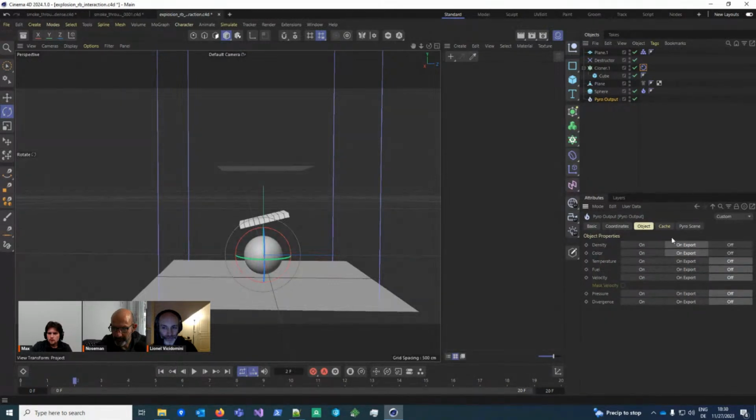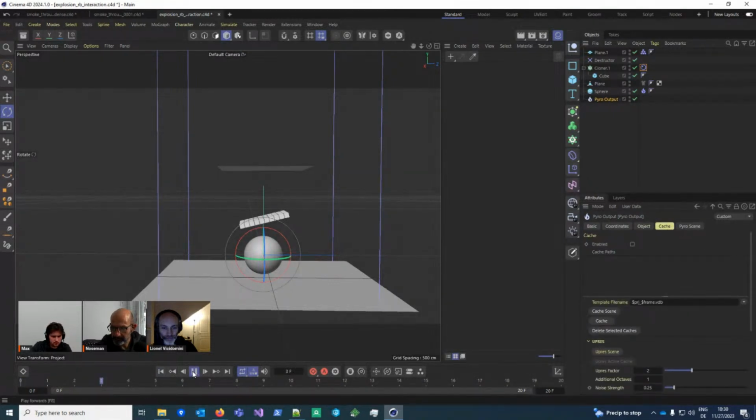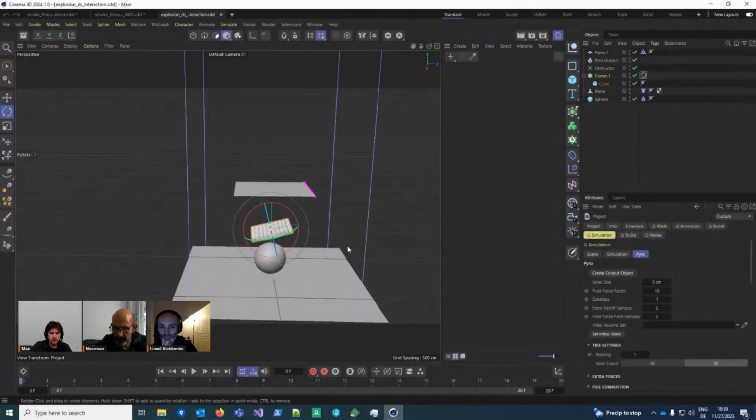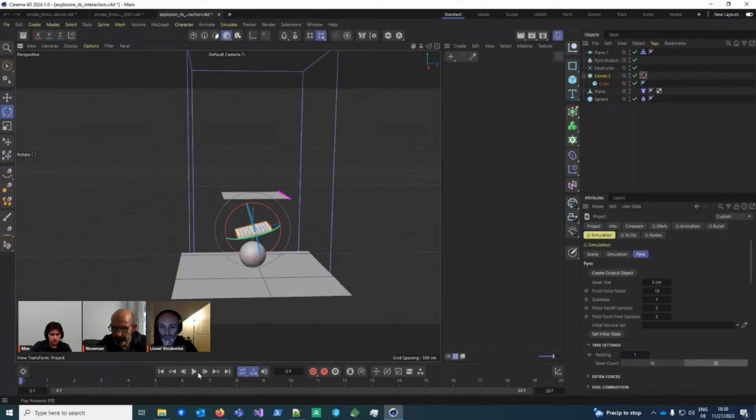Why is it not doing anything? Rigid body. Is your viewport working? Yeah, it's working. I think maybe I still need to keep the cloth on.